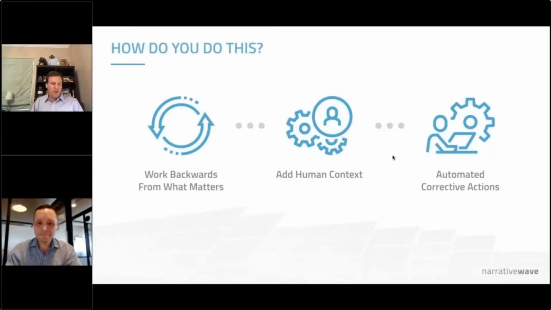And the last piece, John, you want to talk a bit about sort of corrective actions? How do you enable that in this stack here? Yeah, so that's the last key piece of this, right? Once we have our tree in place and we're doing these multiple checks in an automated way, we want to get to that automated corrective actions piece, right? This is where when data is presented from your analysis, you quickly get back those recommended next steps, and bringing in that human context to this again is really key.